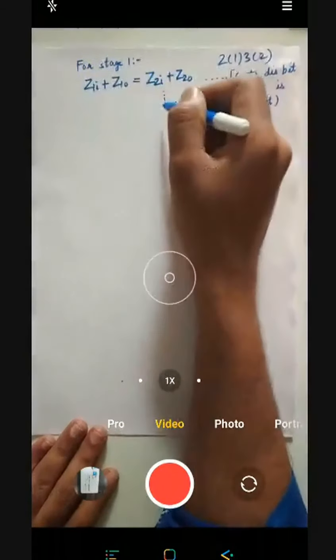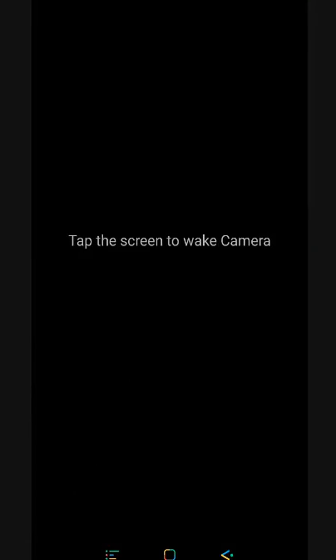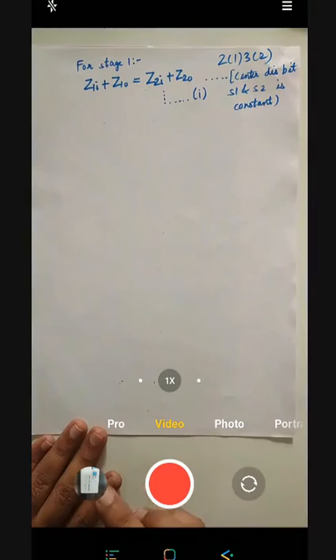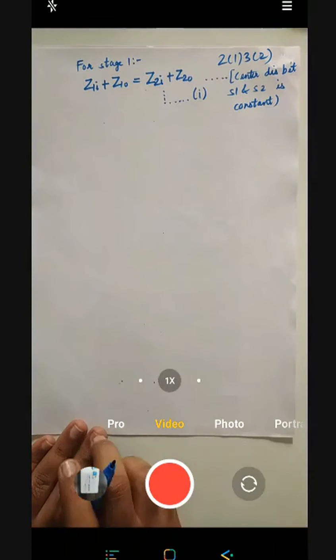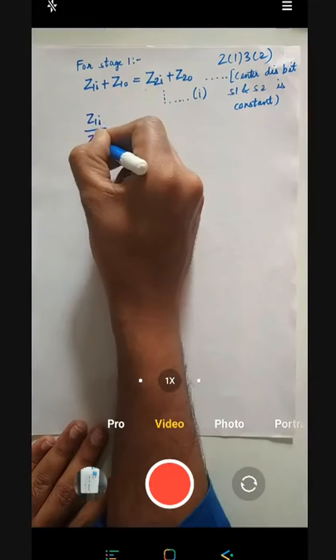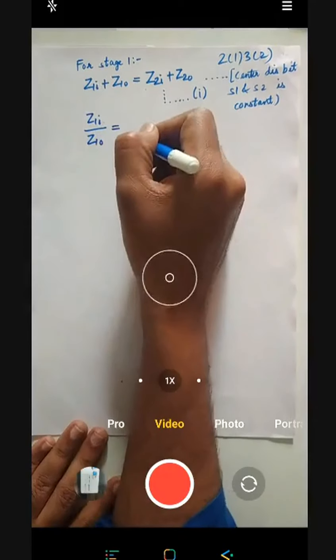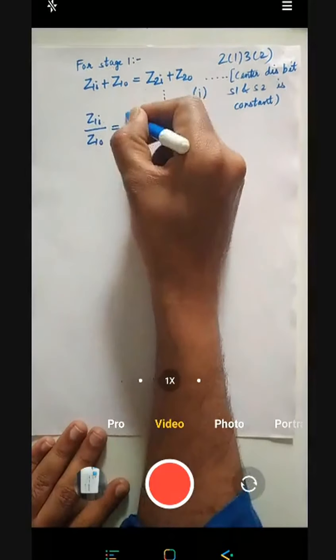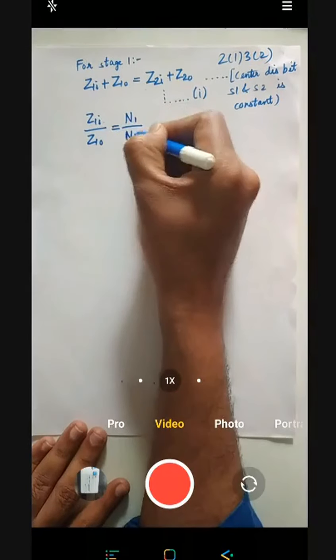If you want to use this formula, you have to find one more relation, because one equation and 4 unknowns, so it is not possible. So some way we will write one more equation and then we will assume few things and then solve these two equations, right? So if you can see, there is one more formula, relation between number of teeth and speed, that is Z1 input upon Z1 output will be equal to, you can just tell me what is the relation, N1 input or N1 output.